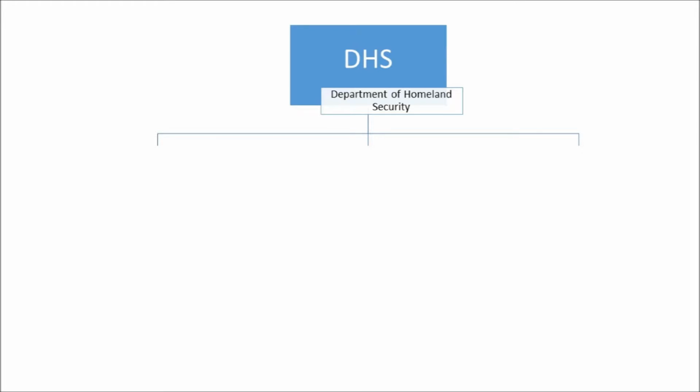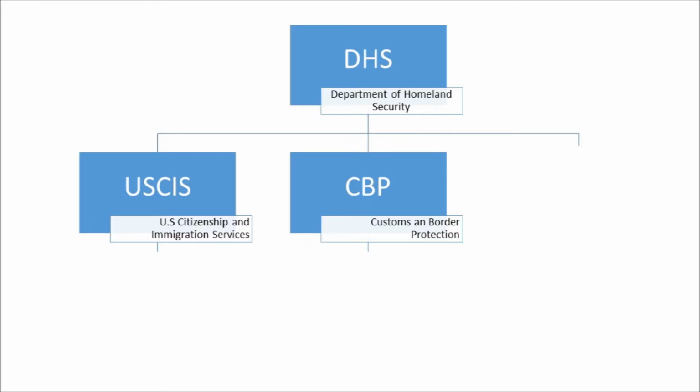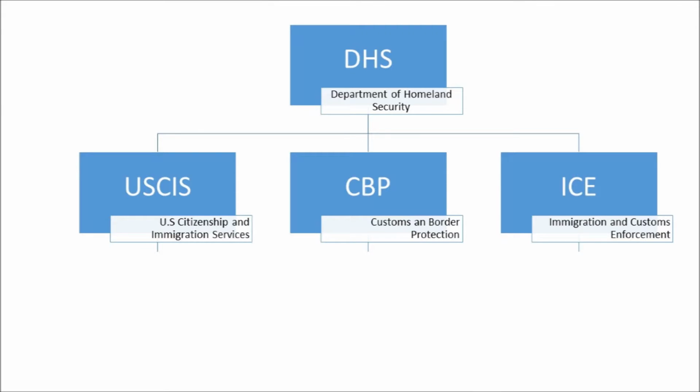So in order for us to understand the solution, we have to first understand the hierarchy that we're working with here. So everything is under the DHS, which is the Department of Homeland Security, which we all are pretty familiar with. The first corporation that I guess is under that would be the USCIS, the United States Citizenship and Immigration Services. After that is the CBP, Customs and Border Protection. And then after that is going to be ICE, which is Immigration and Customs Enforcement. And all of these are basically on the same level. They just work underneath the Department of Homeland Security. And they all have different roles.